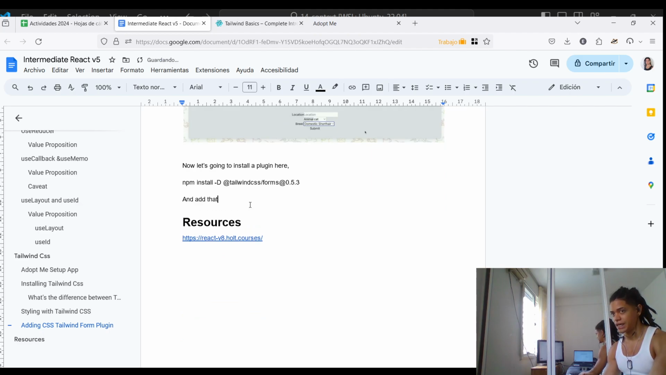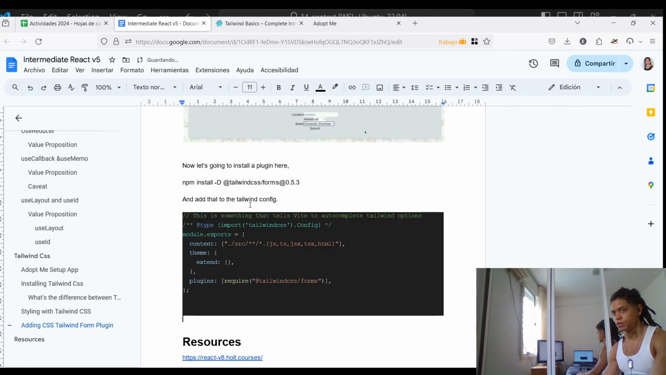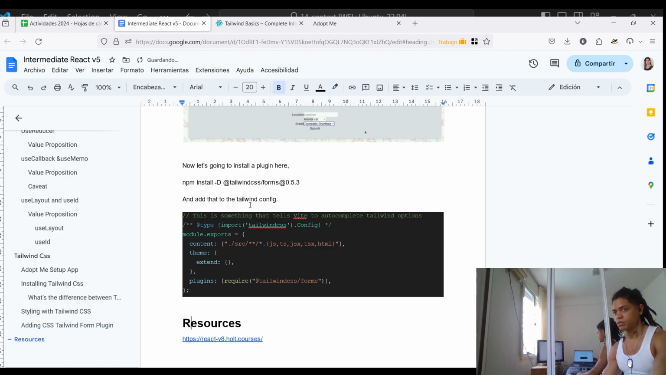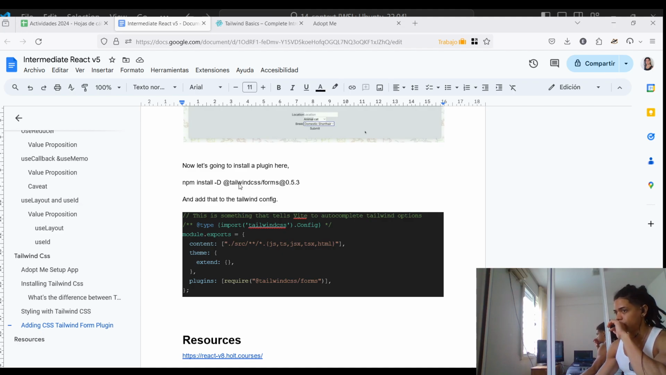And add that to the Tailwind config. This will allow us to use Tailwind CSS forms. So it's actually kind of just default styles for our forms. So actually now if you go look in your, I need to start my server again, npm run dev, and